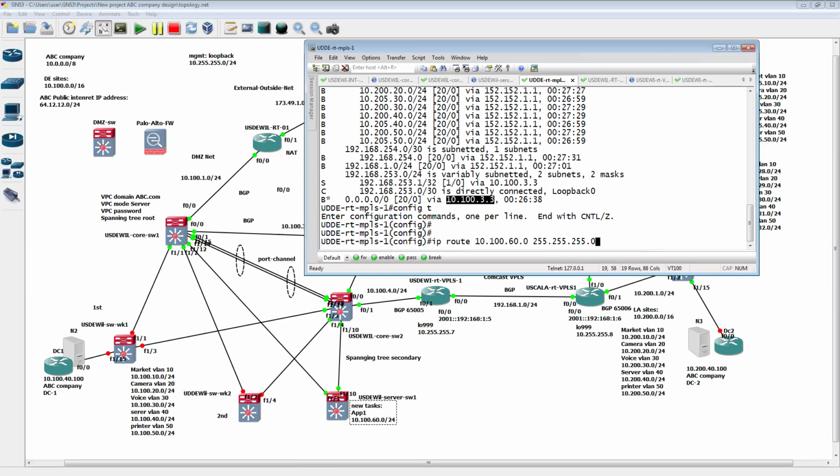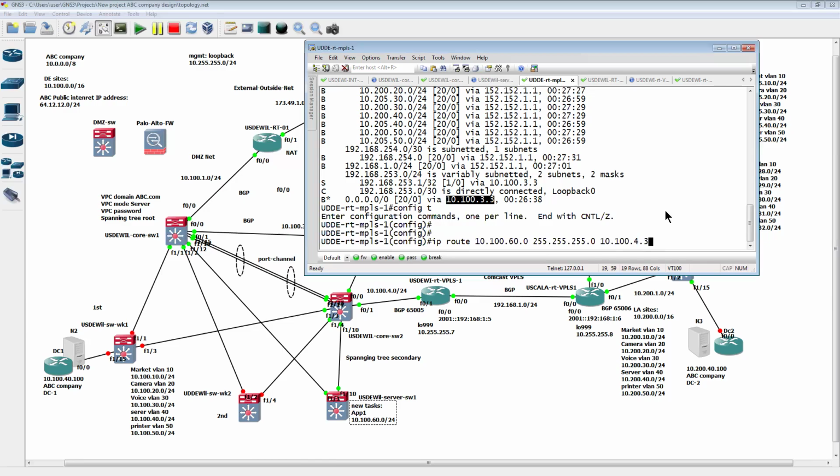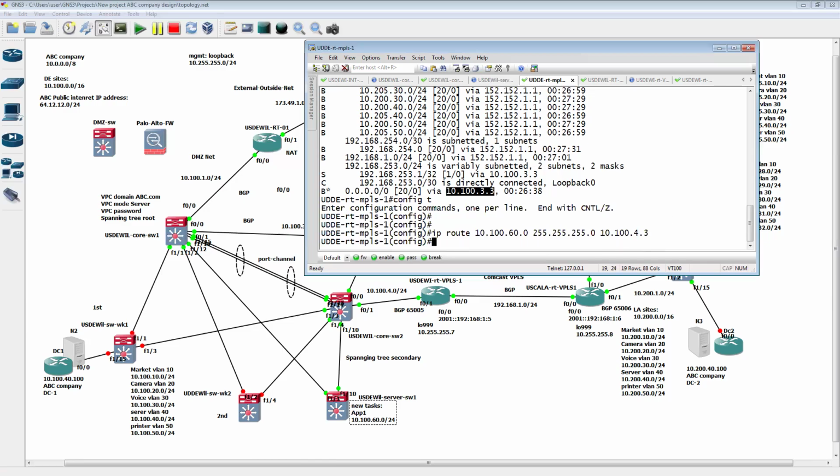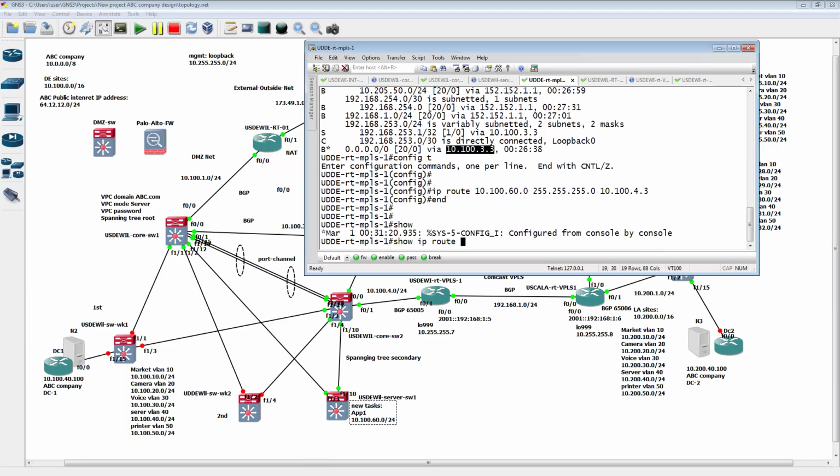100.60.0 255.255.255.0, and then we're going to point it to here. Oh no, not this one. What is the F0/1 again? Let me see. That is a core switch too, right? Oh yeah, it should be sent to here. You see? Go back to the MPLS router again. Yeah, we should be here. Hit enter. So now you see when we show IP route again,